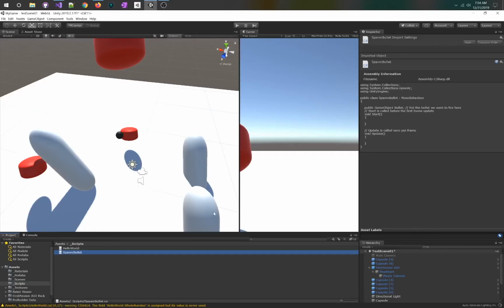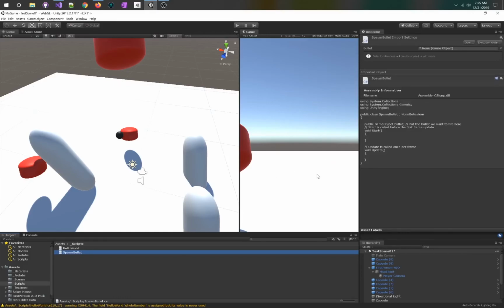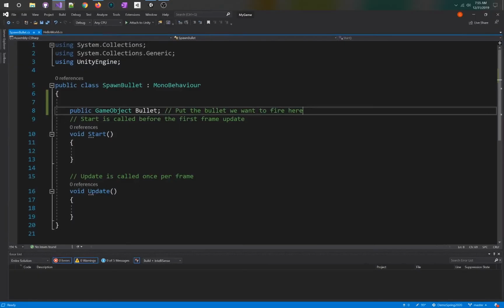One of the things that you're going to want to get used to in programming is saving and checking. Every single time you make any code, you want to go into your console, and this is not a bad error. That was just something weird with my Unity editor. As you can see, if you hit clear, no errors stay up. If you hit clear and there's still an error there, that is definitely broken. So once we do that,